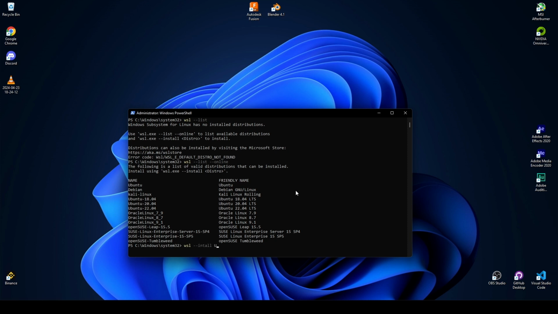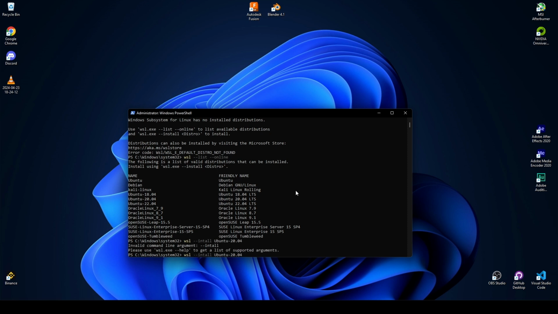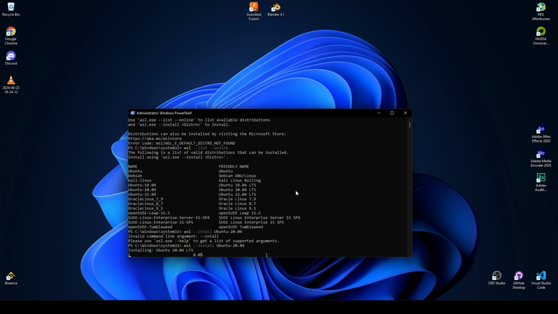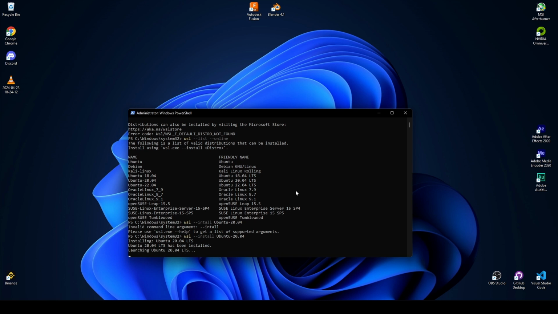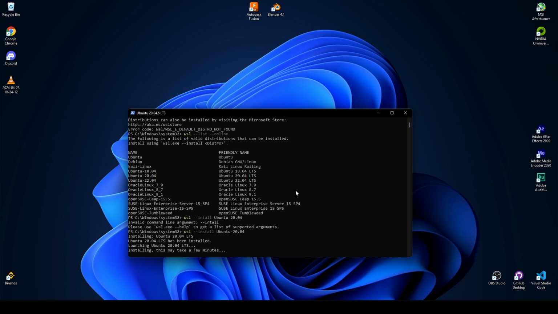Install Ubuntu 20.04 LTS. It may take several minutes, just wait. It takes 5 to 10 minutes depending on your internet speed. The downloading process is complete, and then the installing process.